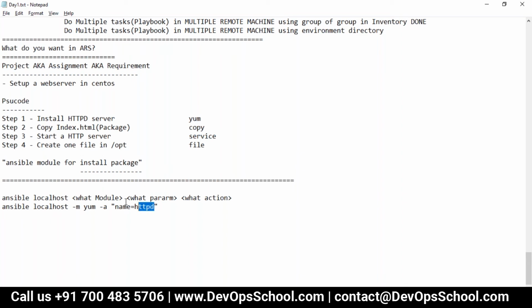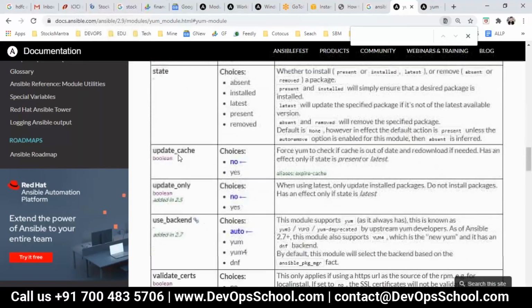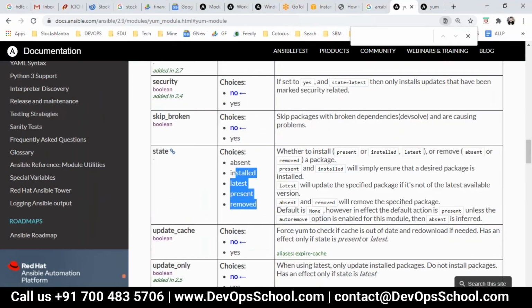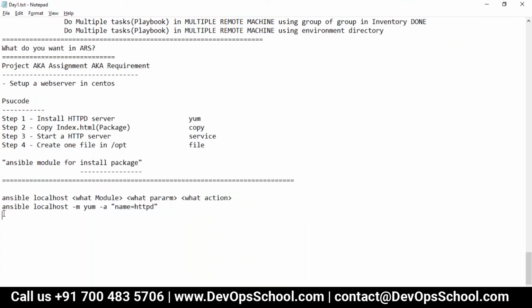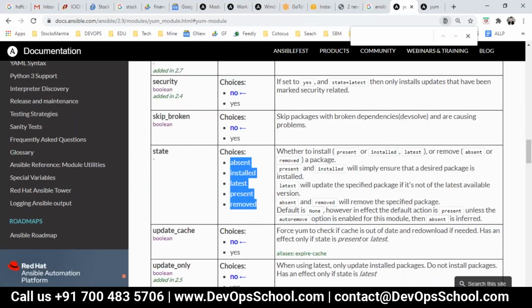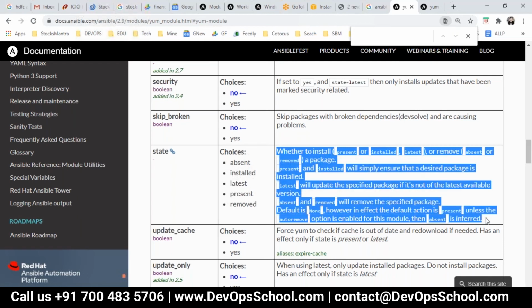Okay. So here install the name. Now if I don't pass the state, what will happen? See here, nothing will happen. That means if I run this command, nothing will happen. But I want something to happen. What do you want? You want installed, latest, present, removed, absent. All these descriptions you have. You can read it.